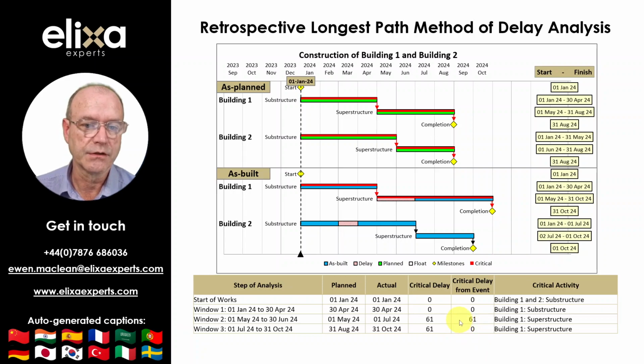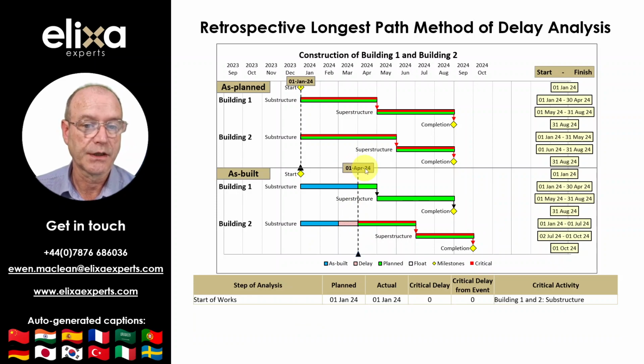It is evident that there was a delay from the 1st of March to the 31st of March to the Building 2 substructure, when both Buildings 1 and 2 had been progressing as planned. This delay occurred prior to the delay to the Building 1 superstructure, commencing in May and June, and would therefore have caused critical delay to Building 2 and not Building 1. To examine this more closely, we can look at the status of the project at the 1st of April.